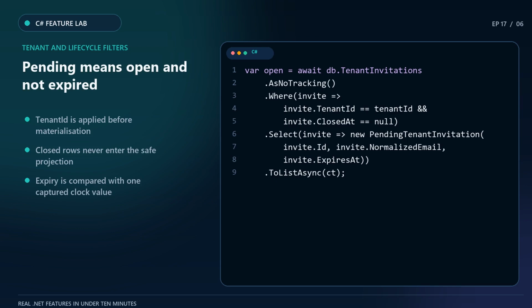AsNoTracking avoids change tracker overhead for a read-only snapshot. The query projects the safe 3-field record immediately, so code hash and internal lifecycle columns are not selected for the response path. After materialization, one captured clock value removes expired records. ClosedAt alone is not the definition of pending because an expired invitation can remain open until issuance closes it